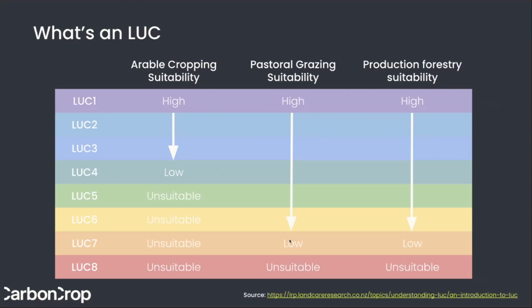LUC 1 through 7 is all considered suitable for grazing, but there's obviously different levels of that. By the time it's LUC 7, some of that is a real challenge to actually walk over in a stable way. If you had stock in a paddock, many of them will be staying off that land just because it's too steep for them to be happy. But technically you could.